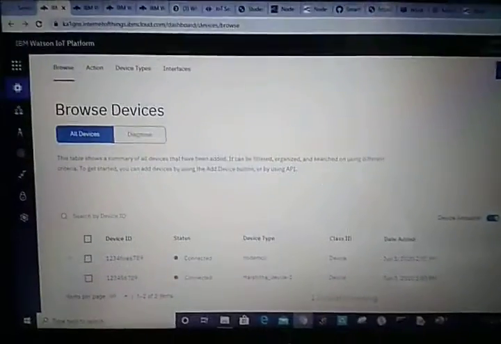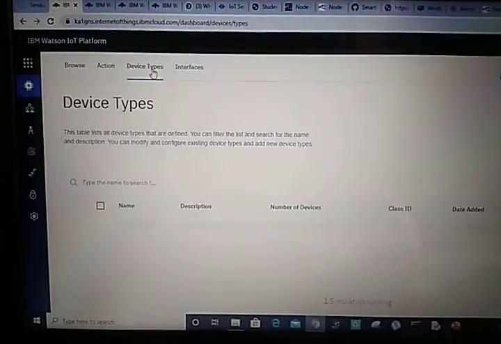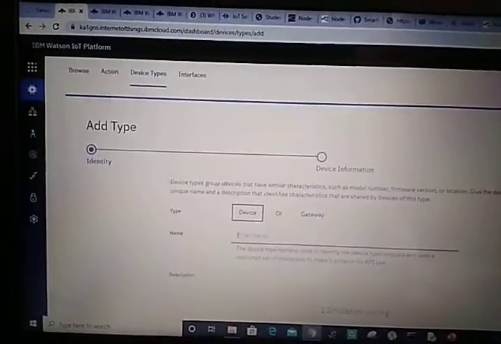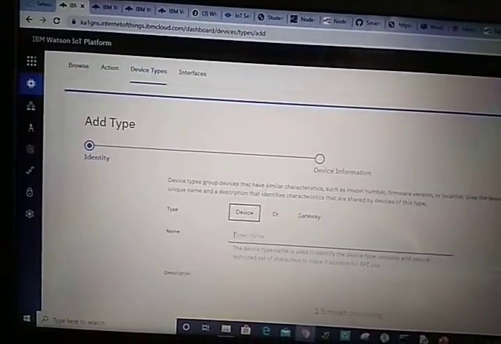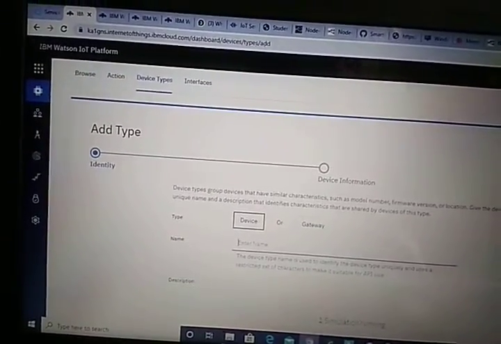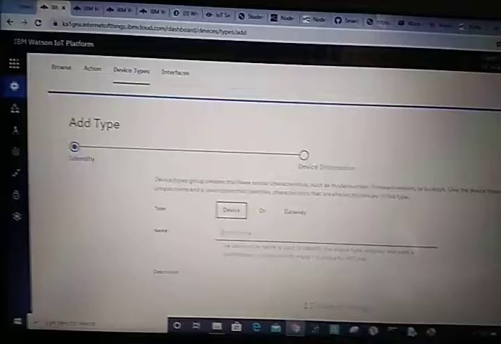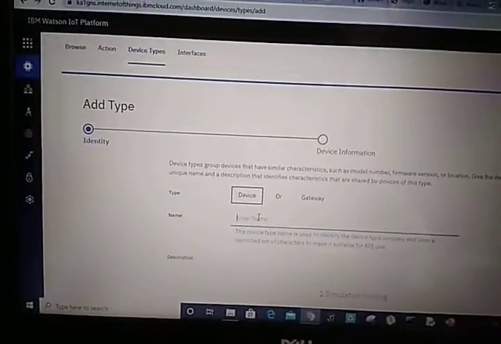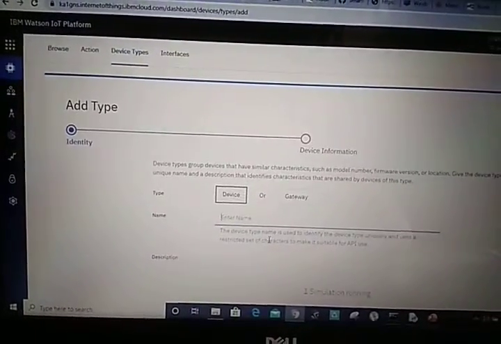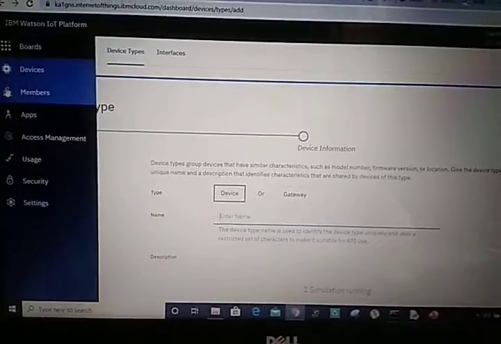It will take some time, and after clicking on launch you will be redirected here. Go to device types and add device type. In this platform we can create a device or also a gateway, but for now we need a device. Click on device and enter the information it is asking for.